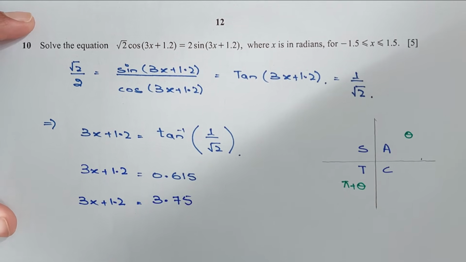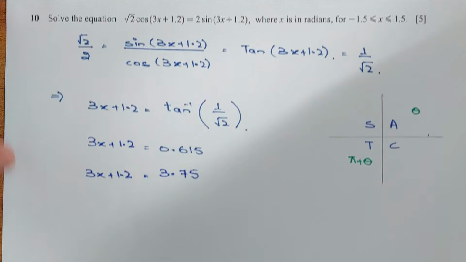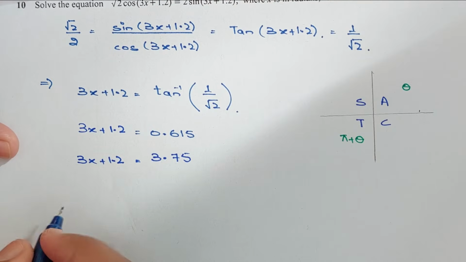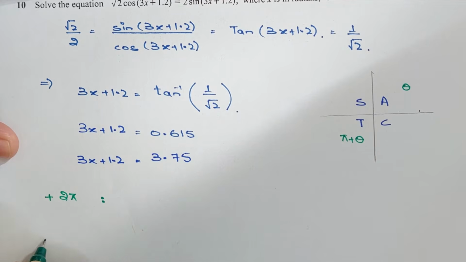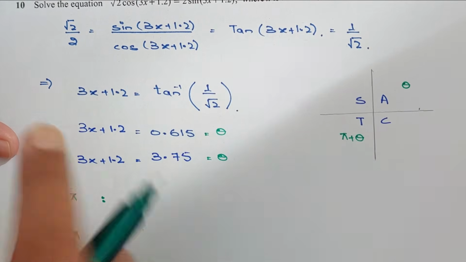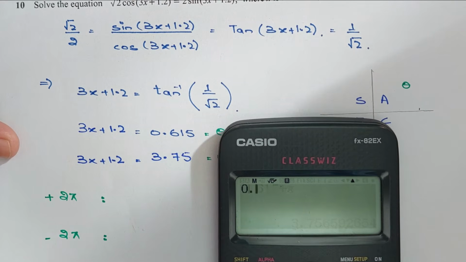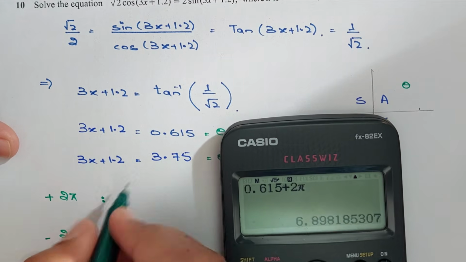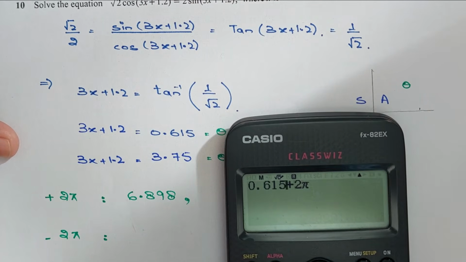Okay, now since the 1.2 is added over here, we need to add and subtract 2 pi in these values, right? Okay, now let me add 2 pi, we will get 2 more answers, and subtract 2 pi, we will get 2 more answers, right? Suppose this is a value for theta, and theta is 3x plus 1.2. Okay, so 0.615 add 2 pi, which is 6.898, and let me subtract 2 pi,